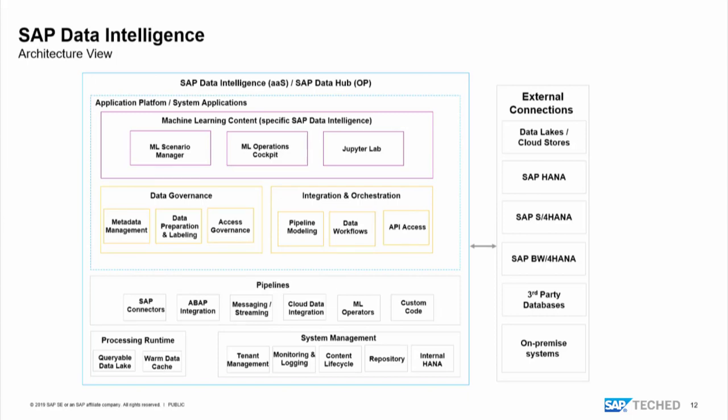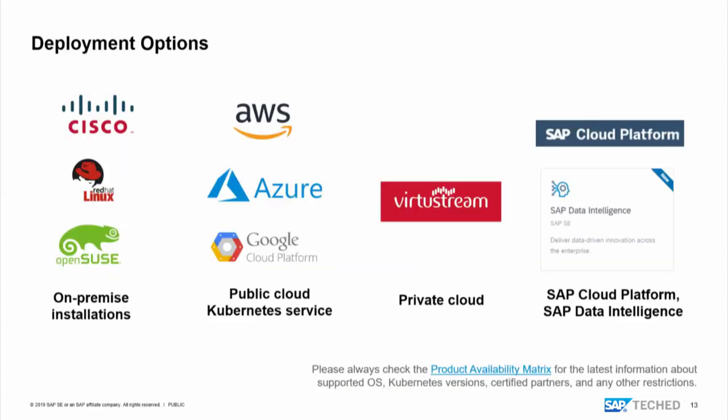And then we have this Data Intelligence specific part, where we have a scenario manager, a cockpit, which is specific for machine learning and data science parts, like versioning, training of models, for example. That's what you can do there. And an inbuilt JupyterLab where you can create your own notebooks, which then, again, that's the whole story of this architecture, are deployed in the end and executed via this pipeline. One word on the deployment